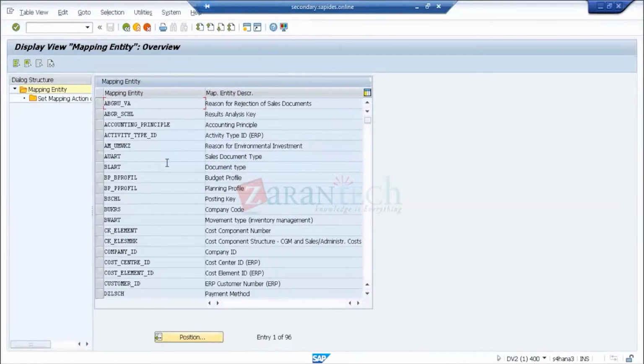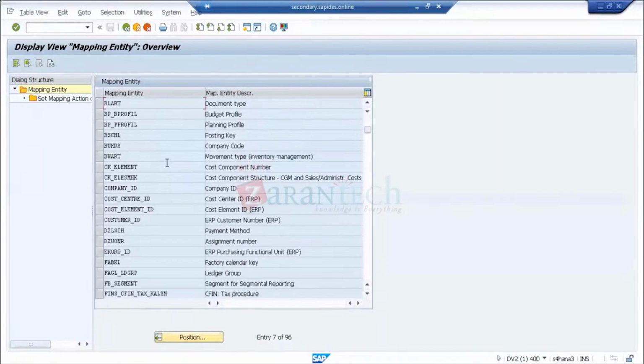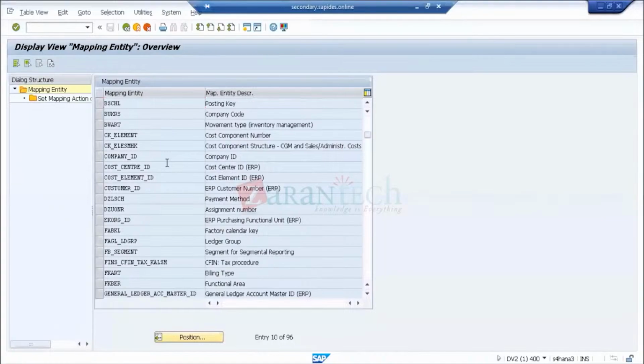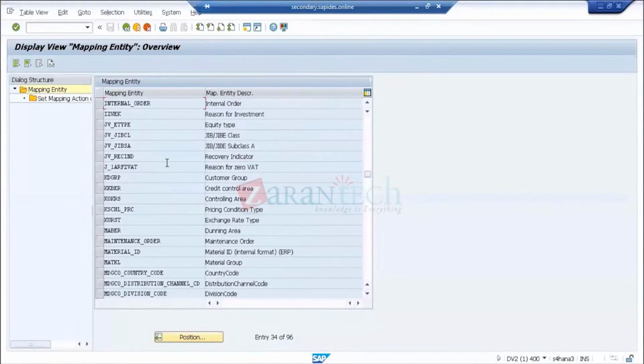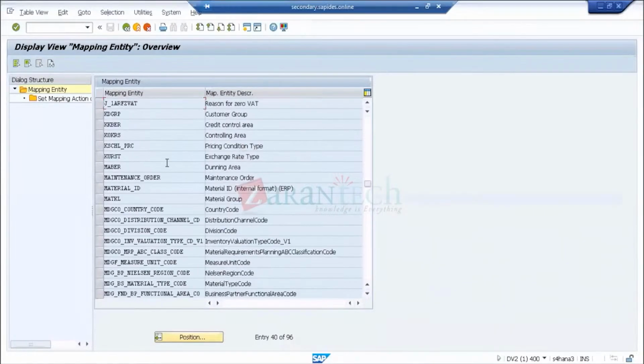Now from here you need to select all the mappings I have to do as per the process of the billing area, something like sales order or whatever it may be. So each and every path I have to do perfectly. Otherwise, what happens when I'm posting a document from SAP ECC to SAP S4HANA, if something is going to